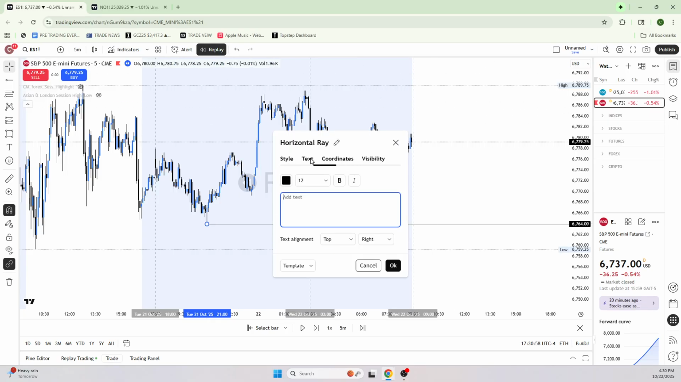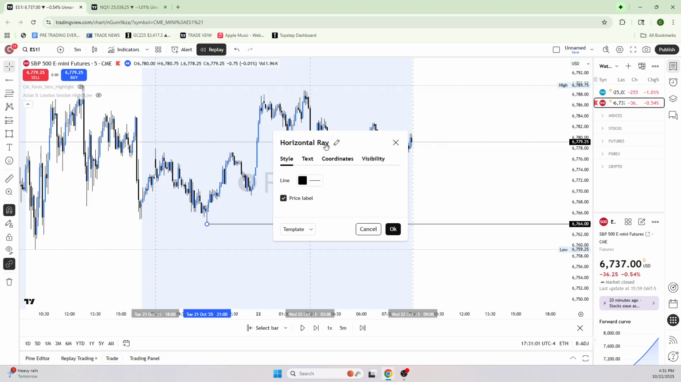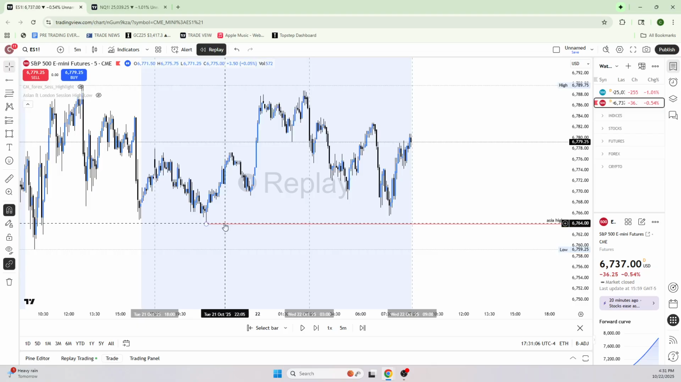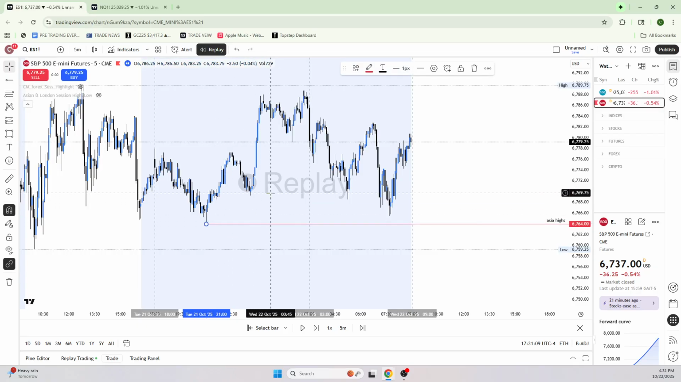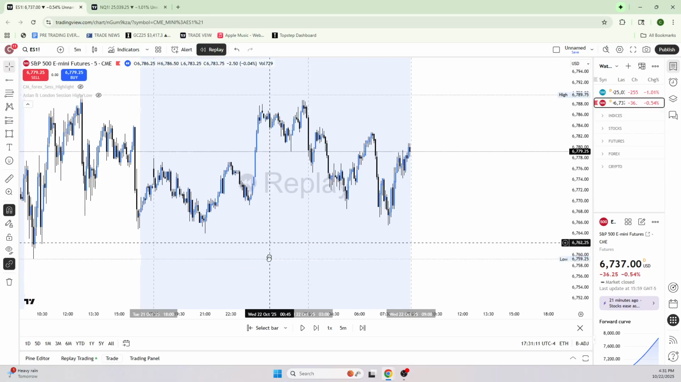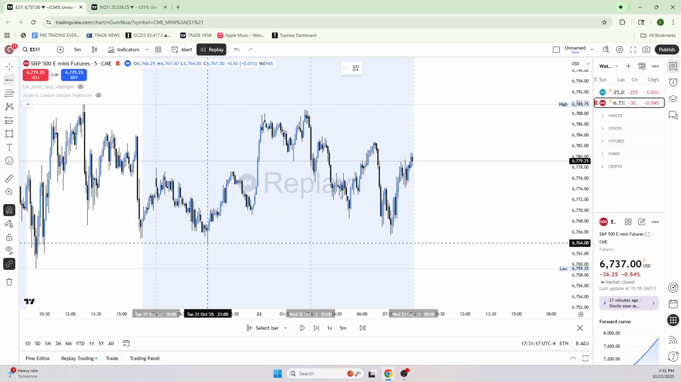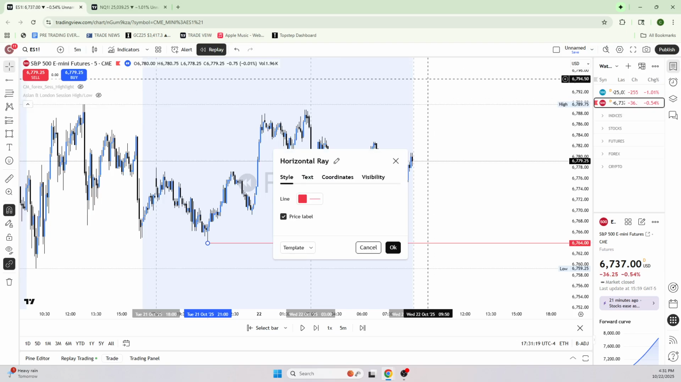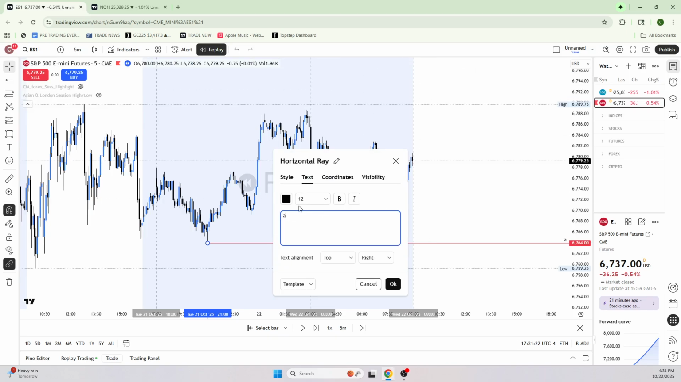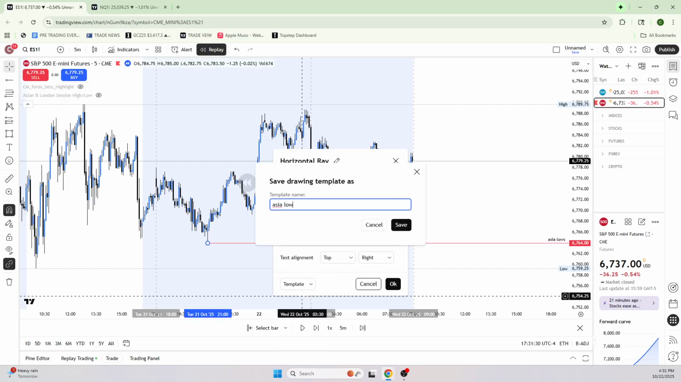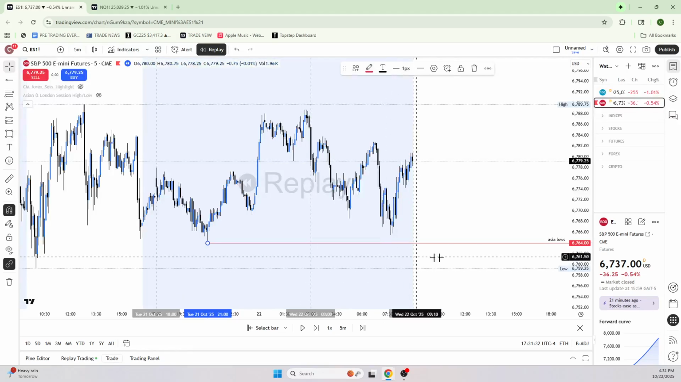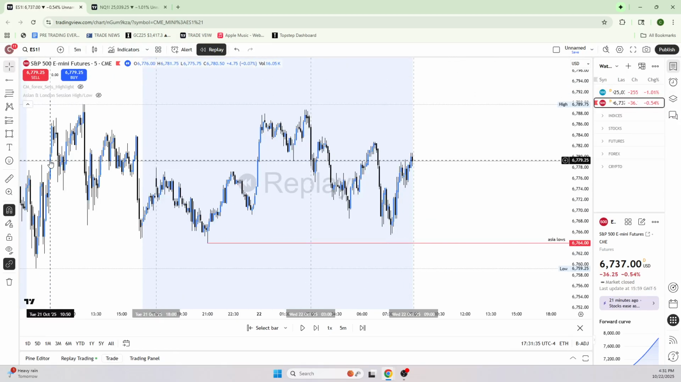How do I do this now that I have it saved? Template. Oh, I didn't save it. Okay, let me just make a new one. Text, Asia lows. Template, save as Asia lows. Save. Okay, so Asia lows, we're gonna have an S&T because